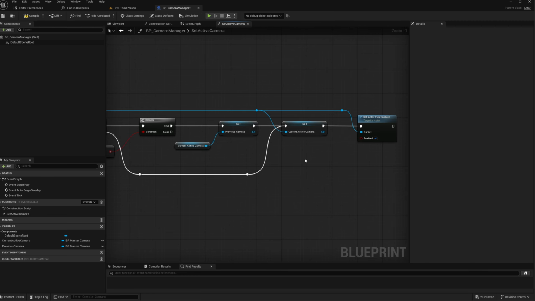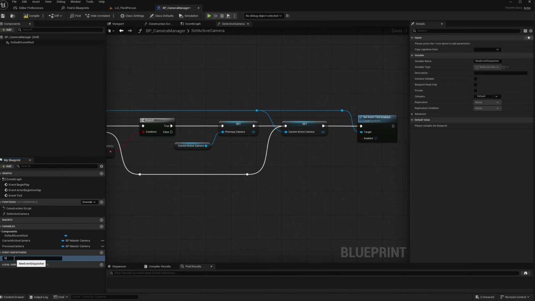Now we're going to use something called an event dispatcher. The reason you want to use them is they're basically like signals that broadcast from one blueprint to another when something changes. In this instance, we want to know when our current active camera changes, what that active camera is, and what the previous camera was. To do that, it's kind of like creating a function. It's in this tab over here where you see event dispatchers. Just click this plus button, and let's name ours